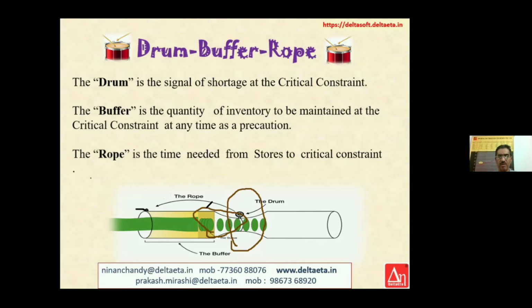Now, what is the rope? Rope is the time between the store and the buffer machine. This is the store point. This point is a store to the buffer machine. So let's say this, of course, it should be a straight line. This length of time is called the rope. This is the time required for the material from the store to the critical constraint. Let's say the rope is 2 days